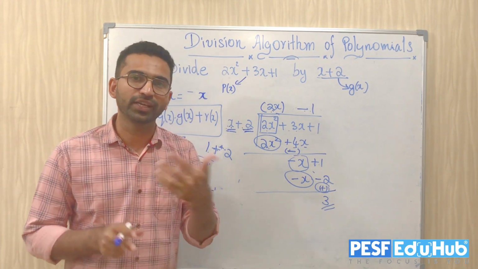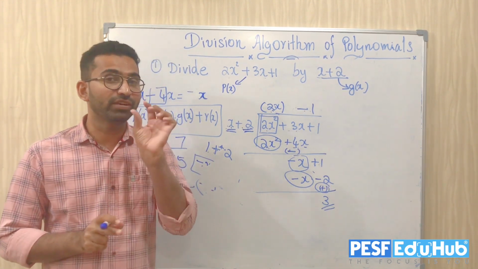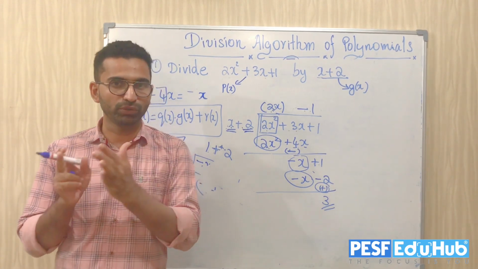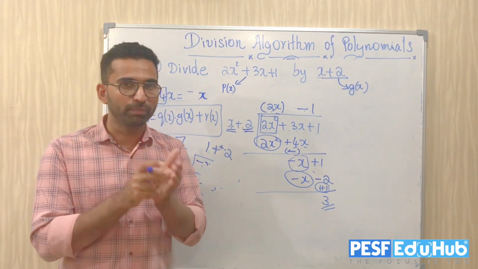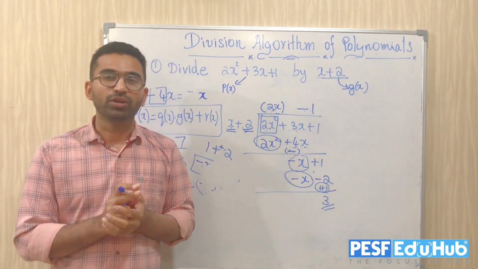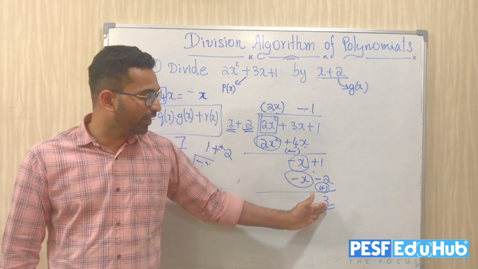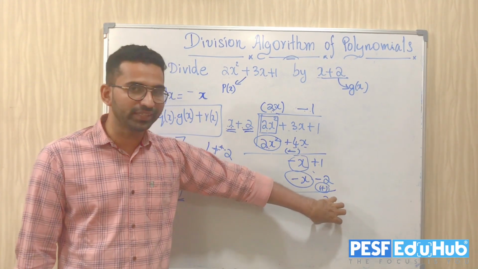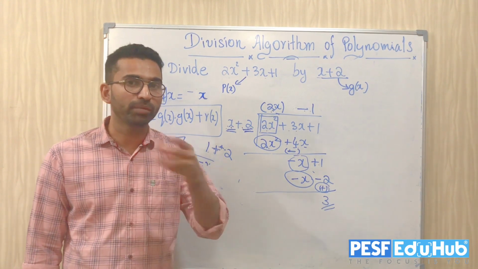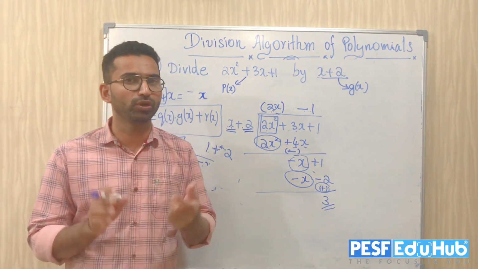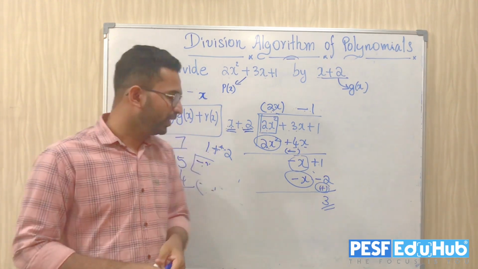But I'll say this is again a polynomial because we have learned the constant polynomial. What is a constant polynomial? P of x equal to 5, P of x equal to 3, P of x equal to 2. All these polynomials are called constant polynomials. So if you are getting an answer as a simple digit here, don't think that this is not a polynomial. Again, you can call it a polynomial, which is a constant polynomial. Just keep in mind, that's all.